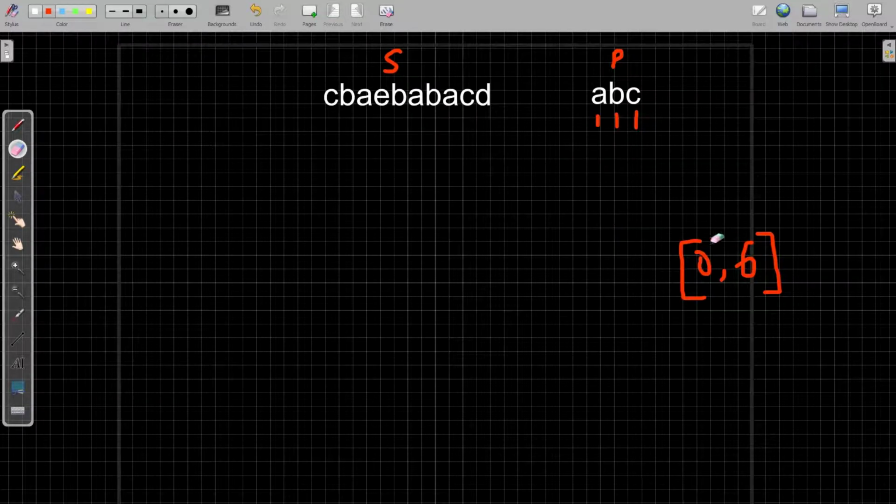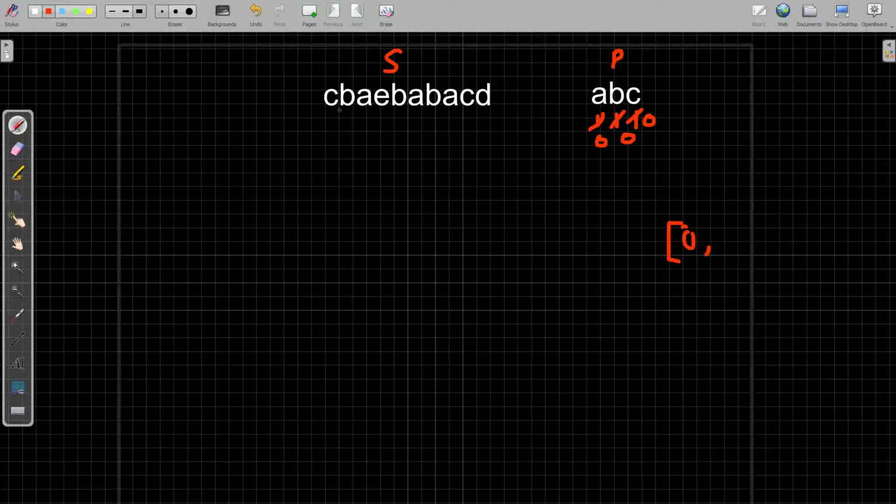So now another optimization we can do here is that instead of taking another hash map to count for S, we can decrement the count directly here. Whenever I find C, I decrement it by 1, so it becomes 0. Whenever I find B, I decrement by 1, it becomes 0, and when I find A, we decrement it by 1, so it also becomes 0. Now whenever my hash map is completely filled with zeros and nothing else, then we find an anagram, right? So we can write here 0.